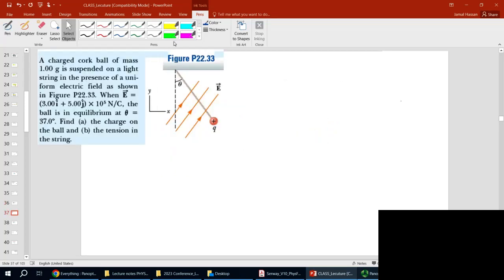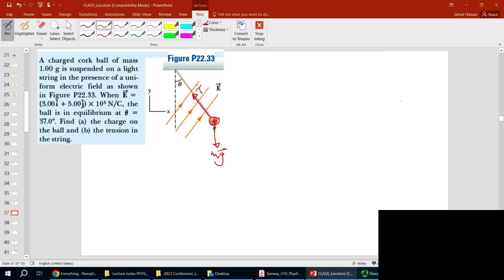Okay, so let's go through this. First, let's think about the problem. We have this ball here. It has a positive charge Q, and it's expected to move with the electric field, but it's at equilibrium in suspension, so we know that the sum of the forces acting on it is equal to 0. The starting point is to draw a free body diagram for the charge Q. Obviously we have three forces acting on the charge. The first one is mg, the gravitational force, and then we have the tension force,